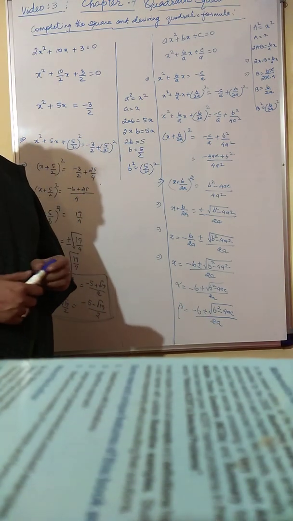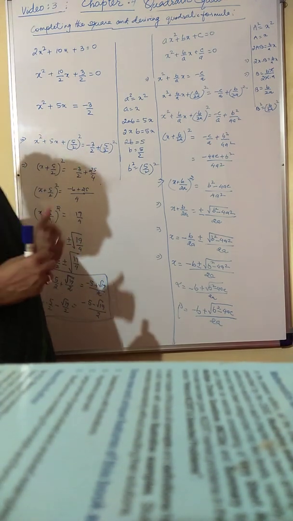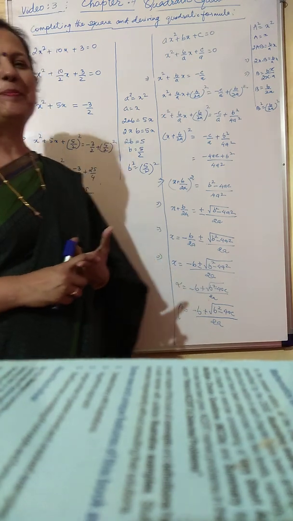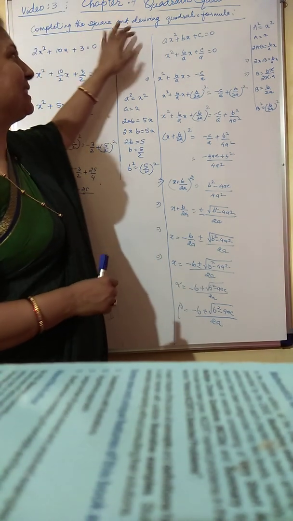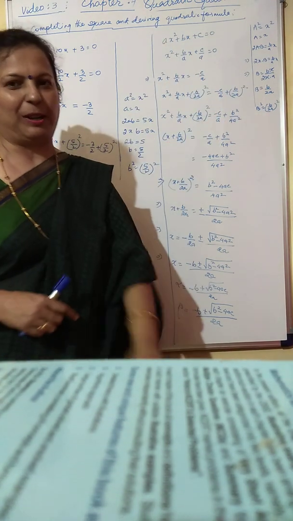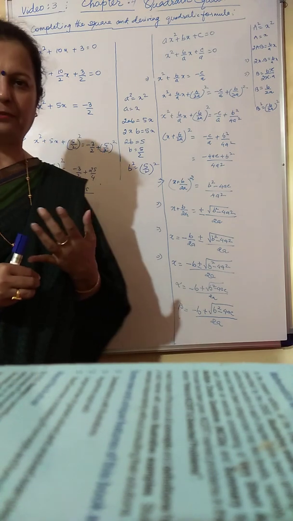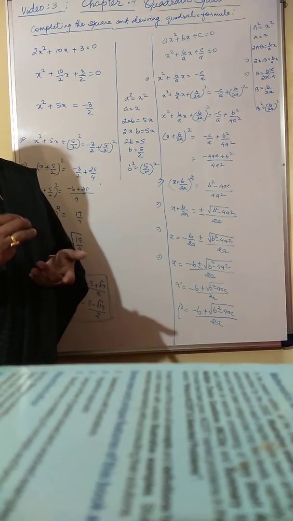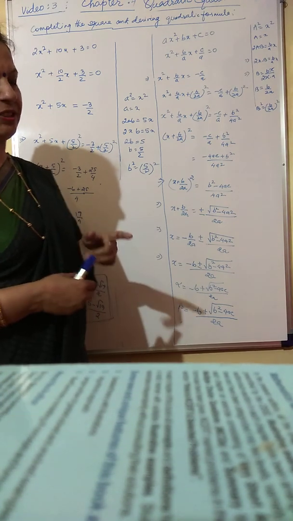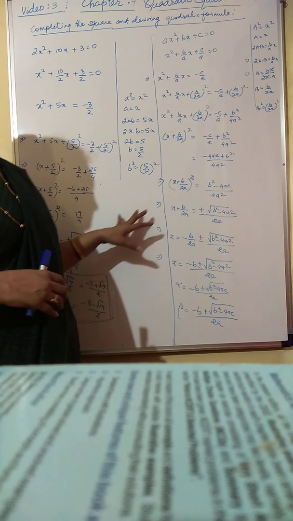I'm back again with class 10 mathematics, and today we will be discussing the next topic of quadratic equations, which is completing the square and deriving the quadratic formula. Three topics we have already studied: to identify a quadratic equation, to find the variable using the roots of the equation, and to find the roots using the factorization method. And the last method in the algebraic part of this topic is this.